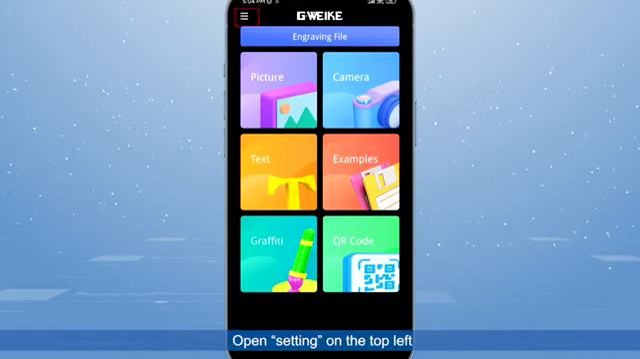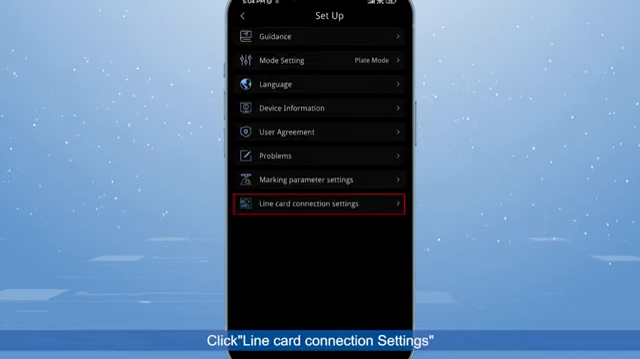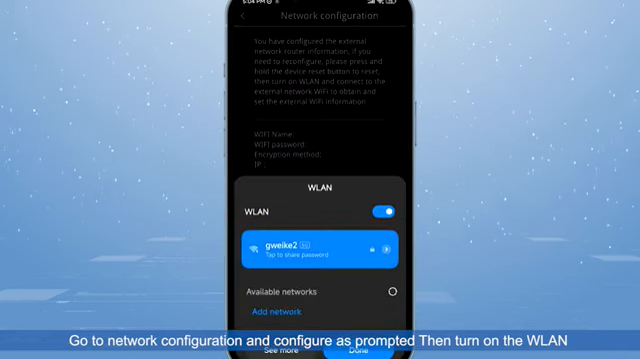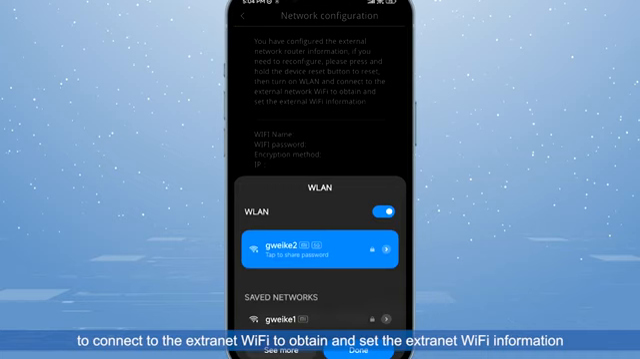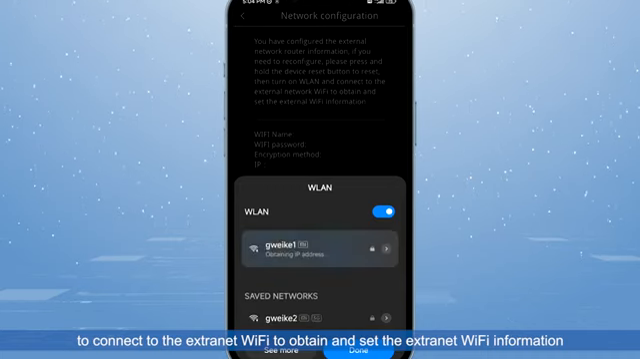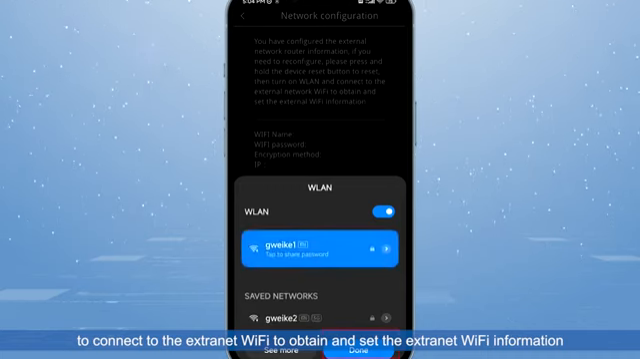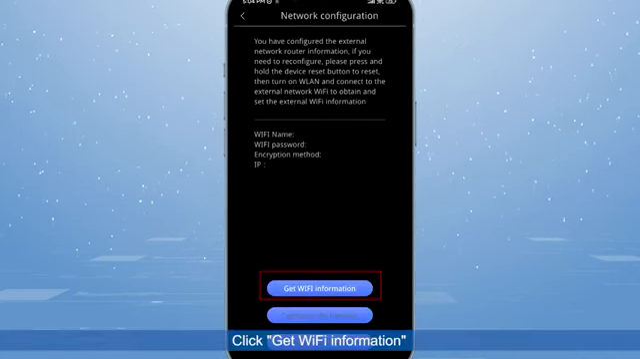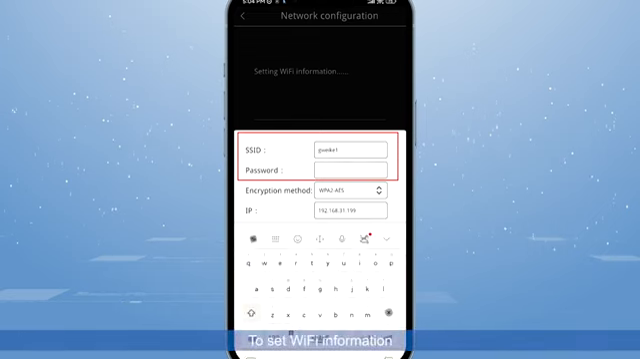Open Setting on the top left. Click Line Card Connection Settings. Go to Network Configuration and configure as prompted. Then turn on the VLAN to connect to the extranet Wi-Fi to obtain and set the extranet Wi-Fi information. Click to get Wi-Fi information. To set Wi-Fi information,